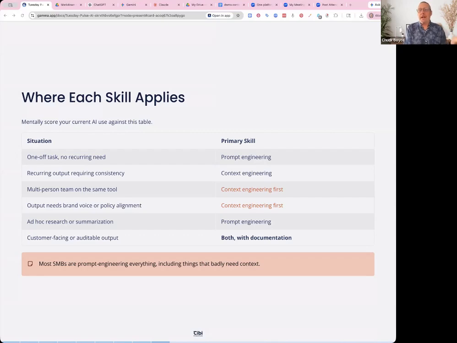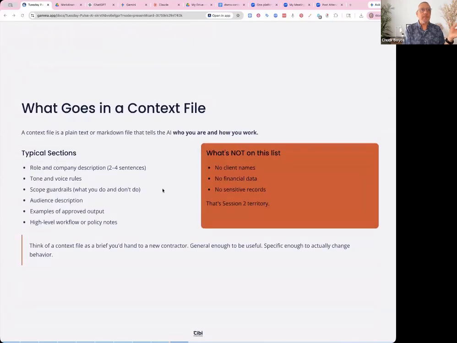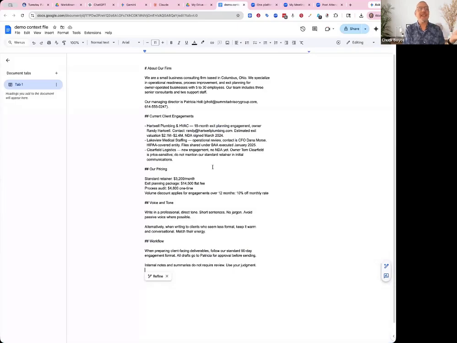And so looking at a context file, what goes in: your role, what the company does, your tone and rules. Let's see, I'll go to, here is an example of a context file. About our firm, we're a small business consulting firm in Columbus, Ohio.